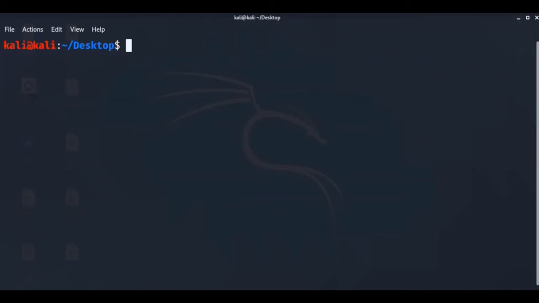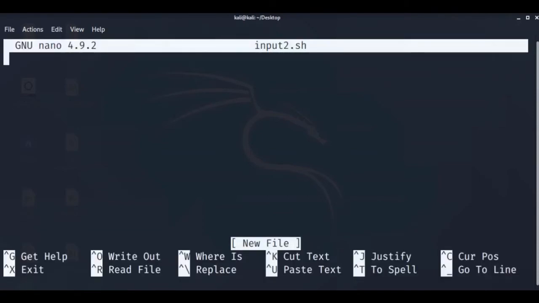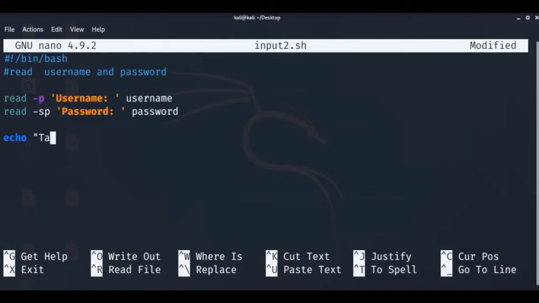So let's create another example. As I said before, we can alter the behavior of the read command with various command line options. Two of the most commonly used options include -p, which allows us to specify a prompt, and -s, which makes the user input silent. The -s option is ideal for capturing user credentials. So the -p here,